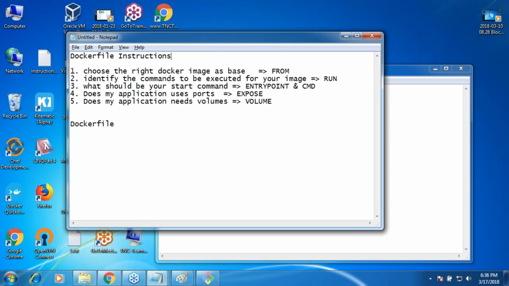I have not told you about COPY, I have not told you about many other things. But if you want to search all the possible stuff which I can do in Docker image building, then search for Dockerfile instructions, and we will be doing that one after the other. But does Docker image building now look difficult or a simple thing? And the best part is most of the images which you are seeing in Docker Hub, you can read and understand them. That's the whole point.